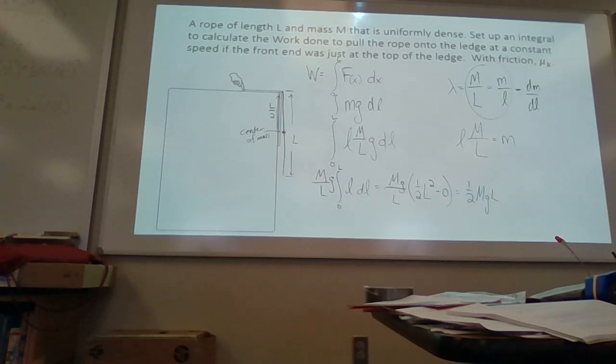Will you come here for a second? I want to know if what I was thinking was valid. I said that if this is NG, I did something like substitute N for this times L, just on the horizontal part, since friction is just on the horizontal part. That's not valid, because we want to find it in terms of... If they gave you an expression, like here's lambda, the linear density, you could write it in terms of that. That would be valid.